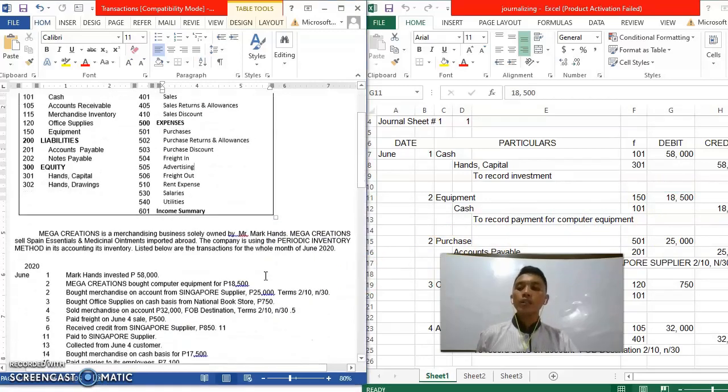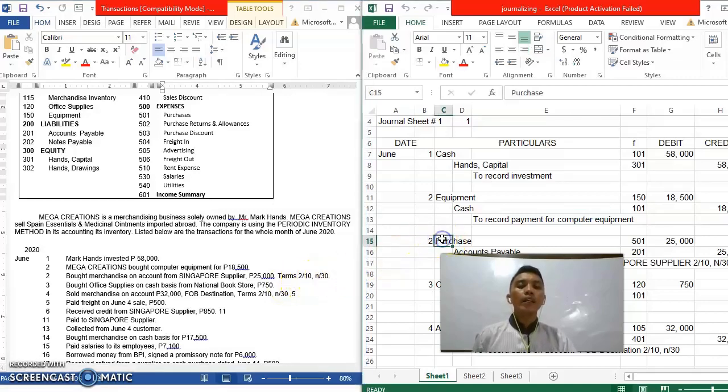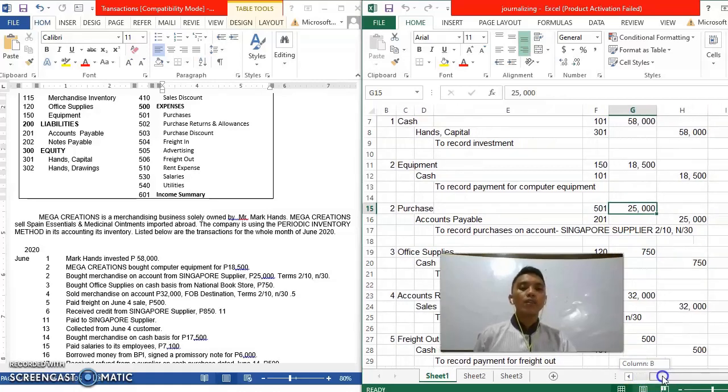Next, the second transaction for the same date, June 2: bought merchandise on account from Singapore supplier, 25,000 pesos, with the terms 2/10, n/30. So our debit entry has to be purchases and our credit entry has to be accounts payable, with the reason to record purchases on account from Singapore supplier, with our debit and credit entry amount of 25,000